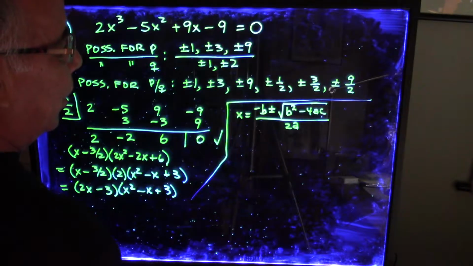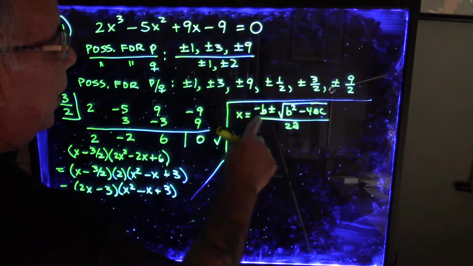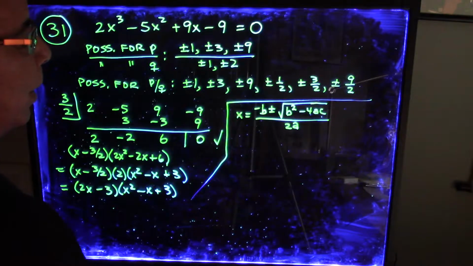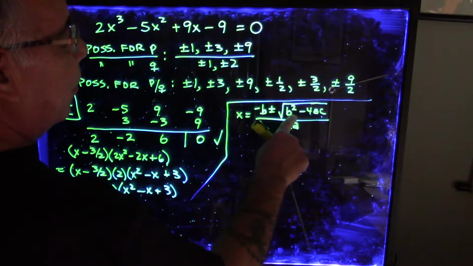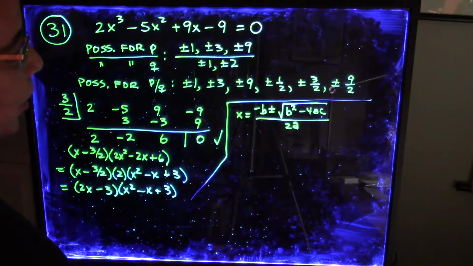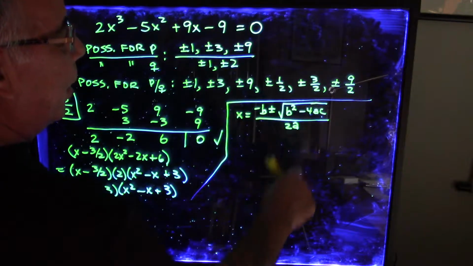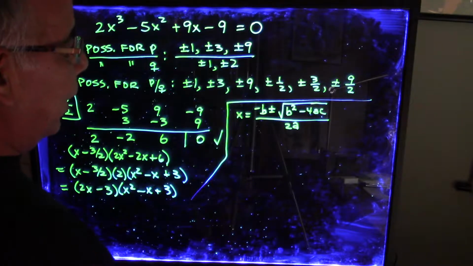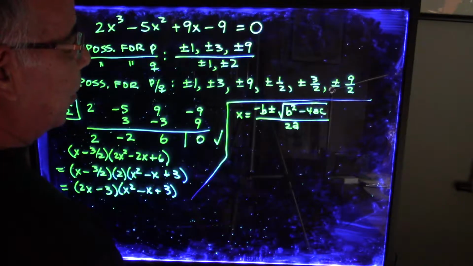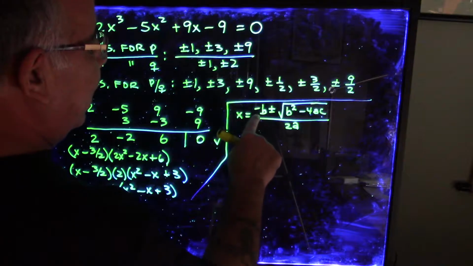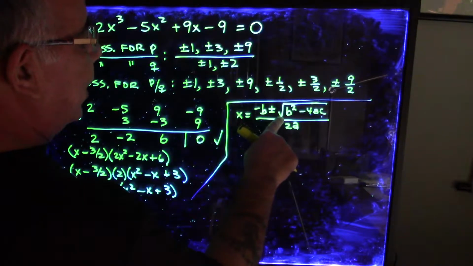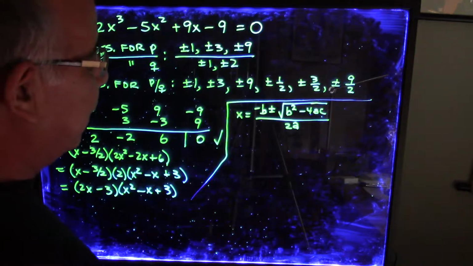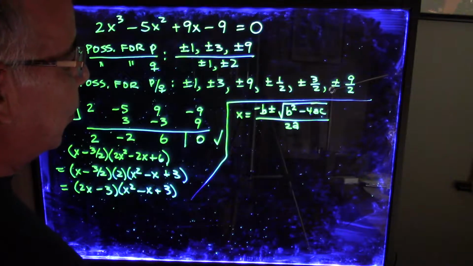Alright, so you'd only have one answer for that one, -b over 2a, if this equals 0. If this is greater than 0, then you would have the square root of something positive, which is a real number. Alright, and it could be irrational or rational. Alright, so then you'd have -b plus or minus something positive here over 2a. Okay, so you would have two real